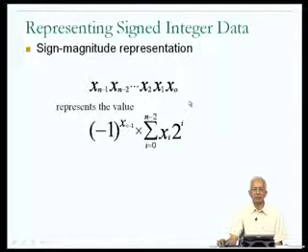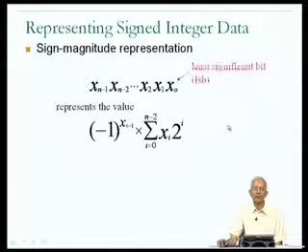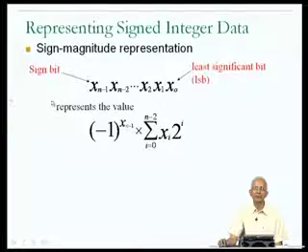Now, in terms of notation, since the bit at the right, or x0, carries the least weight in this expression, the bit at the right is typically referred to as the least significant bit, or lowercase lsb. And the bit at the left is typically referred to as the most significant bit, but in this case it is the sign bit, since it determines the sign of the resultant value. So the bit at the right is least significant in that it contributes the least and is therefore the least significant as far as the value of this